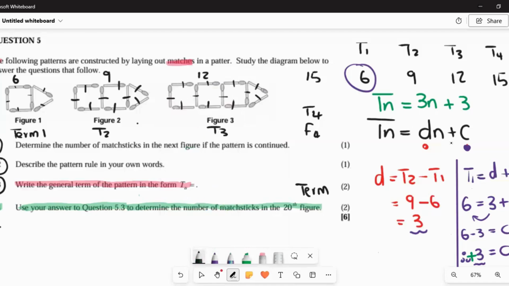Therefore, we know using that general rule that we used there, we can say term 20 is equals to 3, at the place of n we're going to put 20, and then plus 3. When you put this in a calculator, 3 times 20 is 60, plus 3 is going to give us 63 match